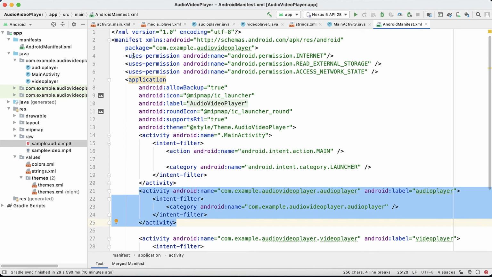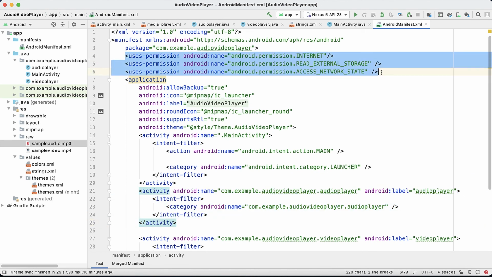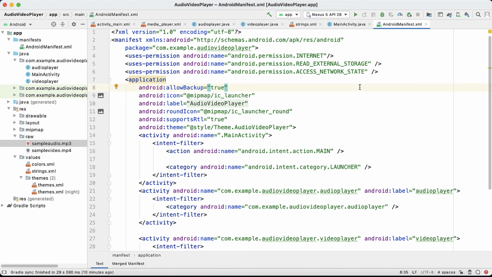Second important thing is you just need some permissions. So internet permission, read external storage, because here we are using the SD card, right? And after that we are also using the internet. So network state and internet, these three important permissions you need to set over here.